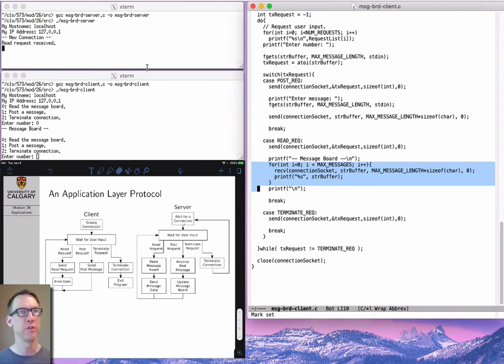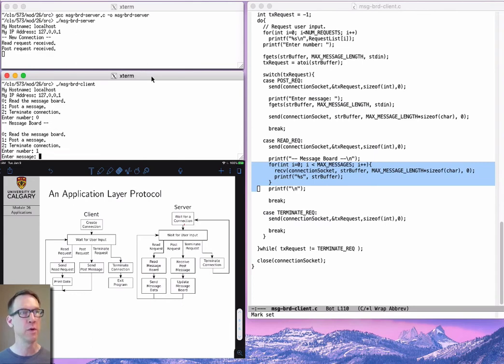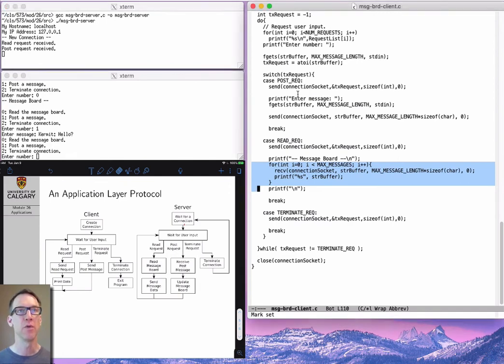So to make things more interesting now, let's post a message. So I'm going to request to post a message. There's nothing in the protocol that says this, but I'm going to identify myself as Kermit, and I'm going to say, hello. And if we look at the code for a post request on the client side,